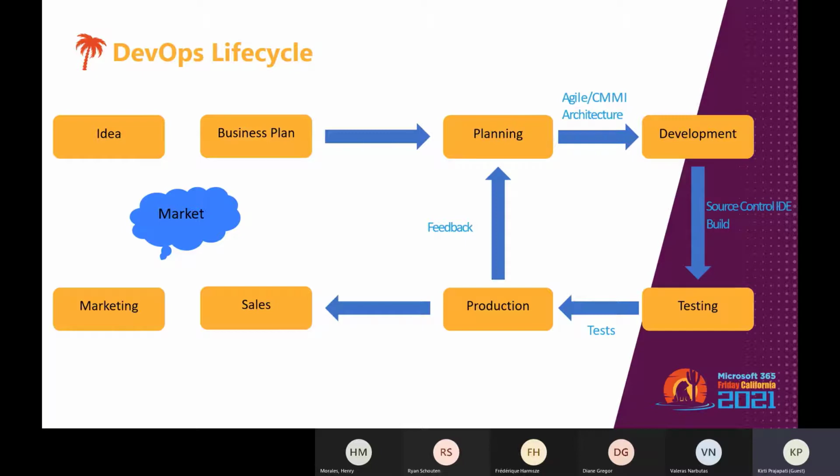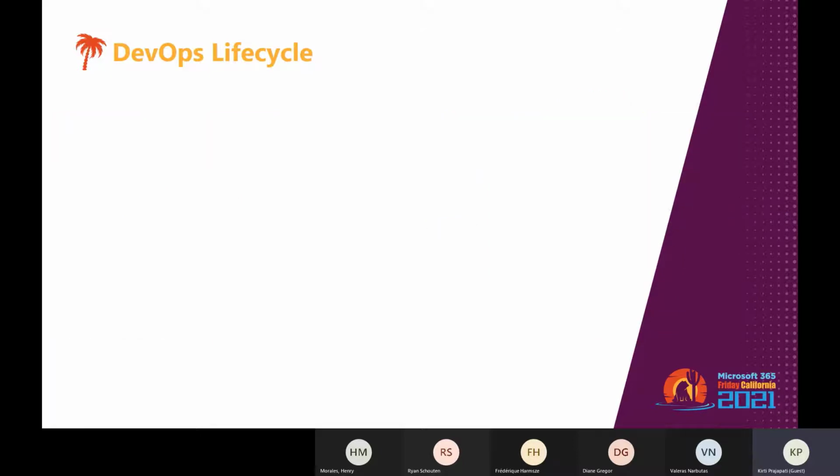Now let us have a look at each of the different phases of the DevOps lifecycle one by one. As I mentioned, the DevOps lifecycle has different phases. There are 7 phases in the lifecycle: continuous development, continuous integration, testing, delivery, feedback, deployment, and continuous operations. So let's discuss each of these DevOps lifecycle phases now.